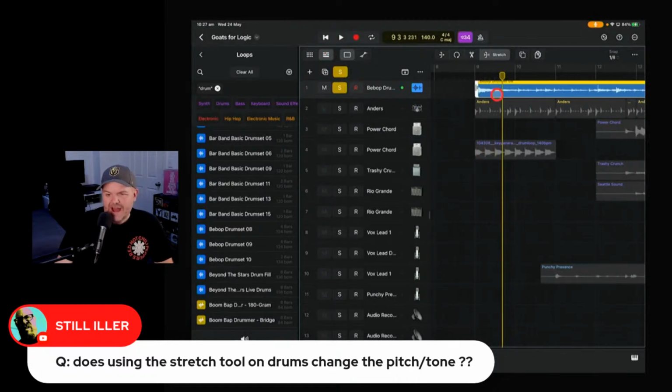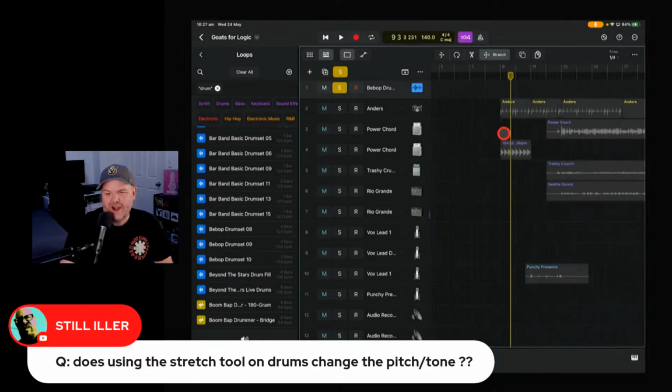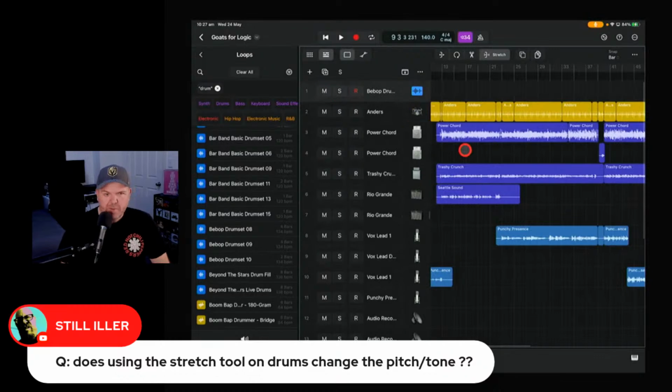But you are going to get that artifacting. So, like with anything, it's always best to try and get real sounds that are as close to the tempo, the BPM, as your original sounds. Otherwise, it's going to stretch it out, and it has to add in. If you're making something shorter, it's better because it's just leaving out samples. If you're stretching something out, it's got to fill in the gaps, and that's where it can sound a bit crappy, like it did just then. But good question. Thank you for it.